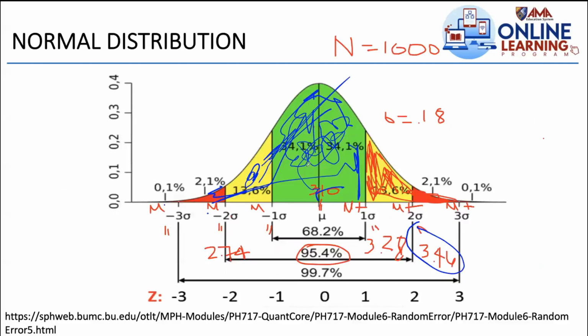So if you put it in decimal form, the total area here is 1, not percent. The area of the green is 0.68 or 0.682. For the yellow and the green together, 0.95 is the area or 0.954. And then if we add all the areas of the red, the yellow, and the green,